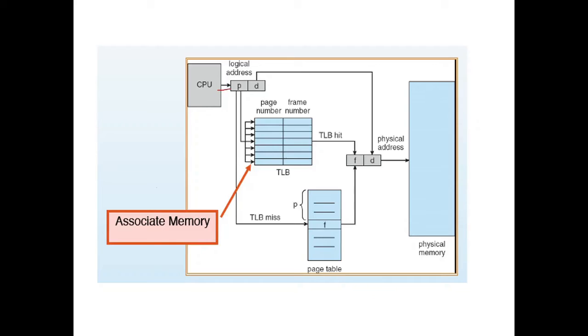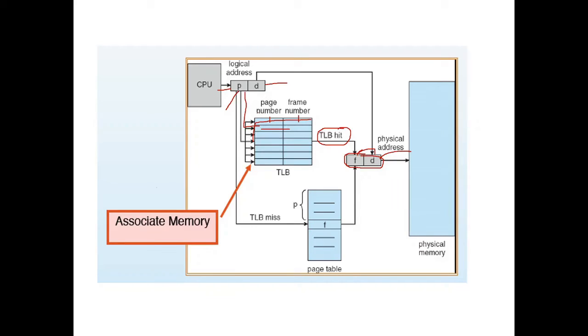As you can see in this diagram, the CPU generates two parts. One is the page number and one is the offset, that is the instruction number. So the CPU tells which page number and which instruction it wants to execute. First, it will be searched in the TLB. There are two entries, page number and frame number. If that page is available in this TLB, then it will be retrieved fast, and we call it a TLB hit. A TLB hit is when the page is available in this table. The frame number will then be added with the instruction number, and you will get the physical address.